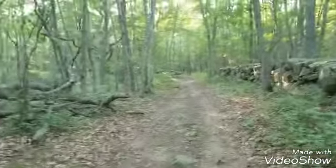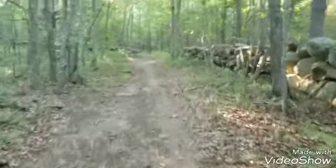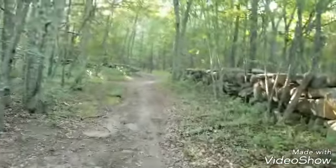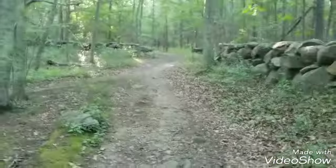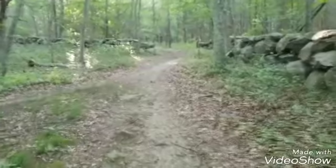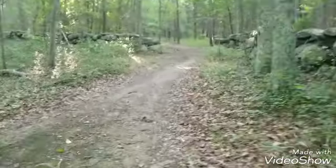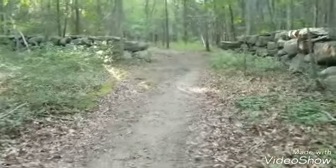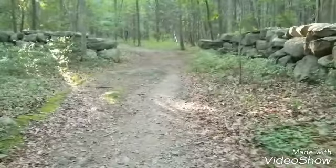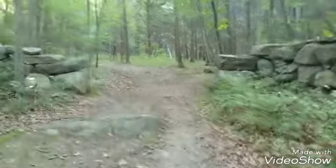More of the path. And again, just the huge stone walls that are on this property are amazing to look at, and we're in complete shade. Now that we're a little bit deeper, the beautiful sunlight coming through. It's about, what, about 6:30 right now? I would say about 6:30, but it is July 5th, as I stated previously,